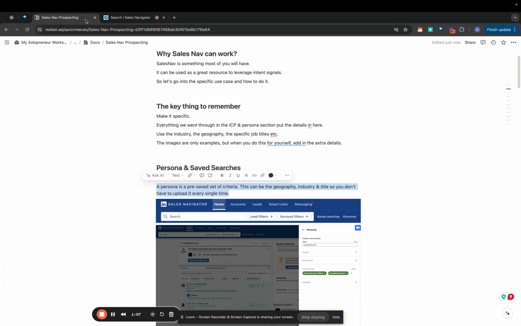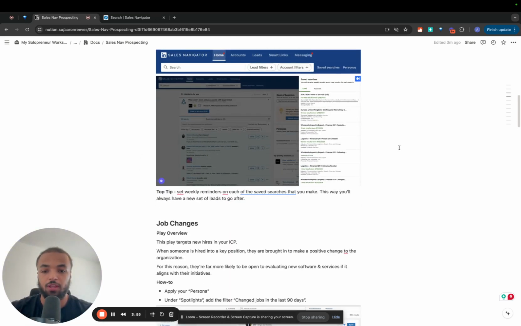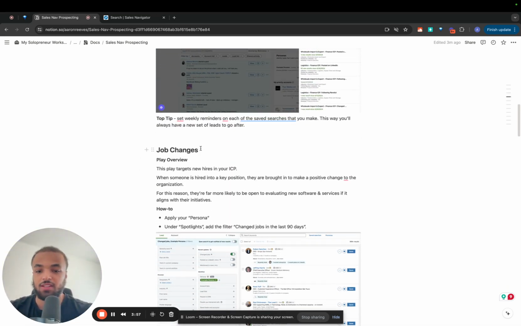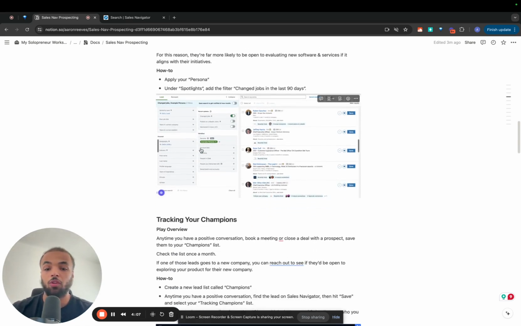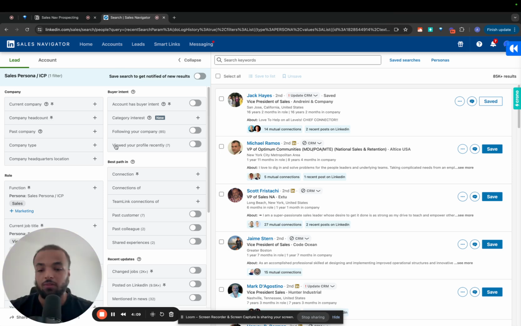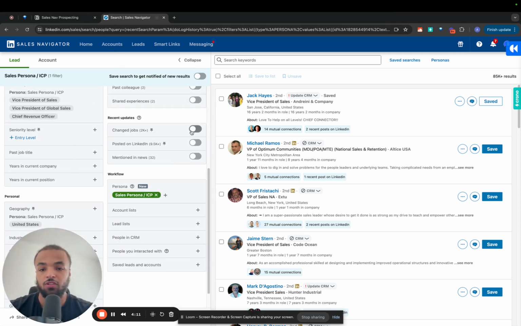So let's go into one intent signal we can use. So job changes as an intent signal. As we spoke about before, it can be amazing because if someone's just changed jobs, then they're probably going to be willing to hear about new things, or they may have used similar processes in a previous role, which they want to implement here. So what we do, we just scroll down, we go to job changes,